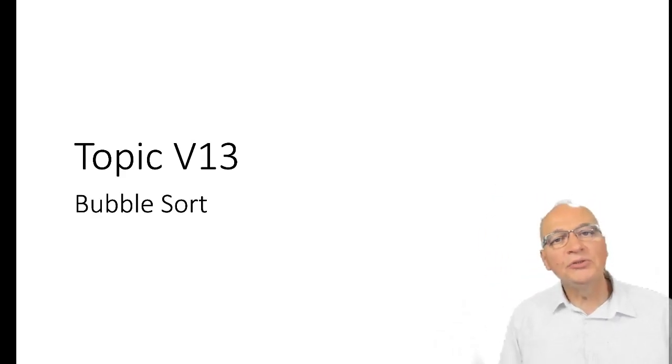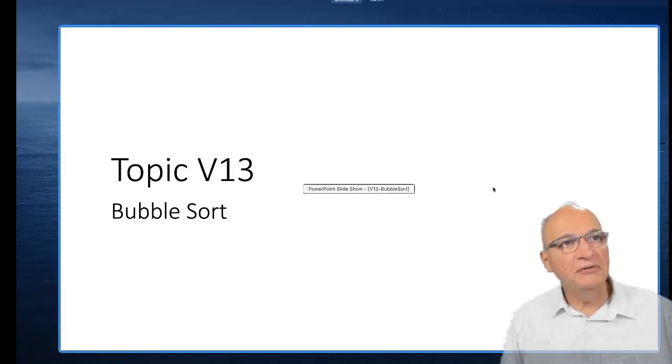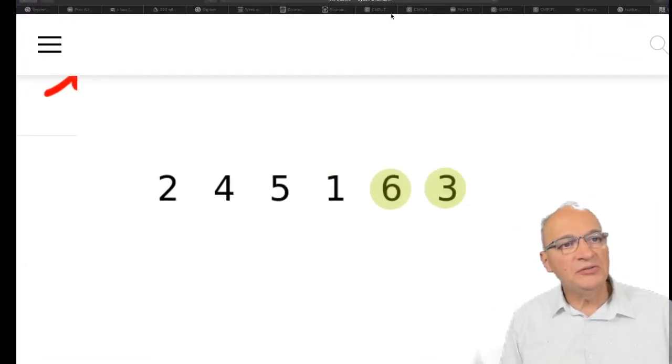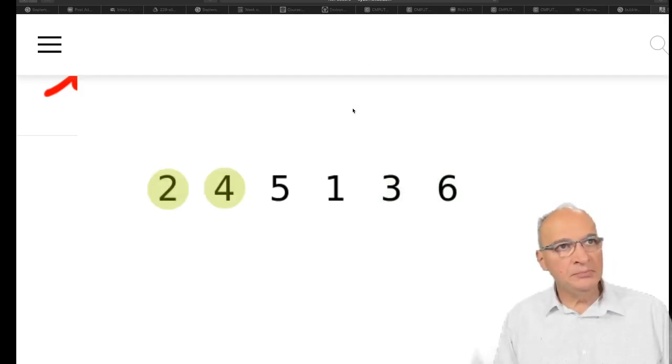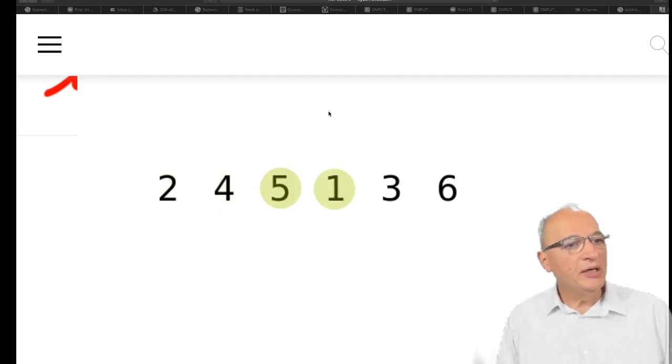In this lecture, we'll look at an implementation of the bubble sort algorithm in RISC-V. One of the best ways for us to understand bubble sort is to look at bubble sort at work. This is a GIF animation from the web, and it's illustrating the way bubble sort works